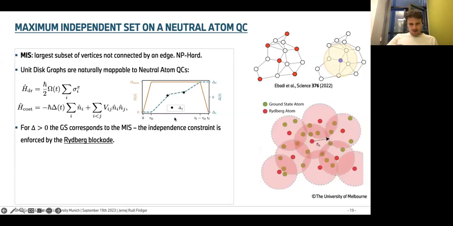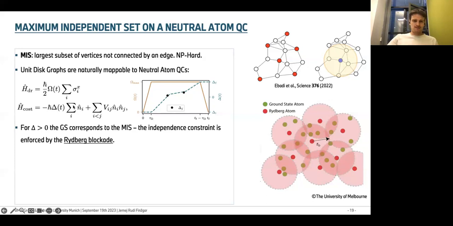So how does one prepare such a ground state? One option is to, of course, use adiabatic protocols. So maybe skipping over this a bit. The most important parameter is the tuning parameter delta, which determines whether you favor excitations or non-excitations of individual atoms, which is captured by this number operator, which is 1 if the atom is excited and 0 otherwise. So you can see that,